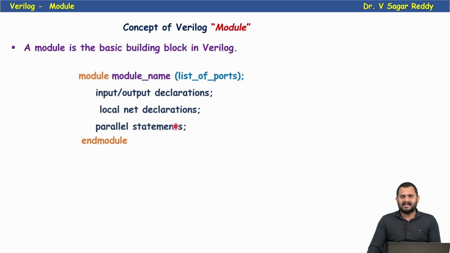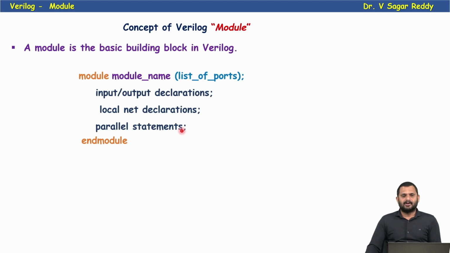Also, parallel statements like continuous assignment statements and procedural blocks like always describe the circuit behavior. We can instantiate other modules here also. This is the simple syntax of a module definition: module and endmodule, the port list, and by using these parallel statements we describe the internal structure of